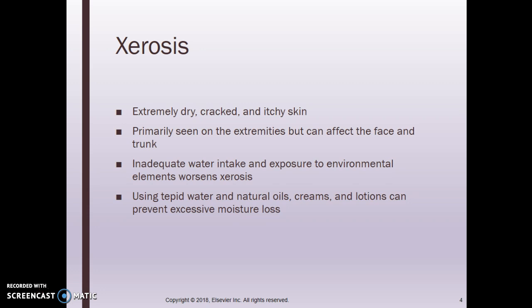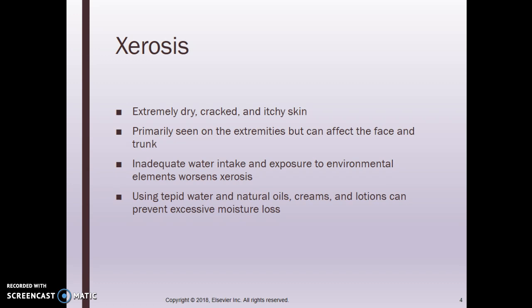Okay, so xerosis is extremely dry, cracked, and itchy skin. Xerosis is the most common skin problem experienced, and it may be linked to a dramatic age-associated decrease in the amount of epidermal filaggrin, a protein required for binding keratin filaments into macrofibrils. That's just giving you the big words for the skin and how there's a decrease happening in the buildup of the skin. So this is going to be very itchy, or pruritus,